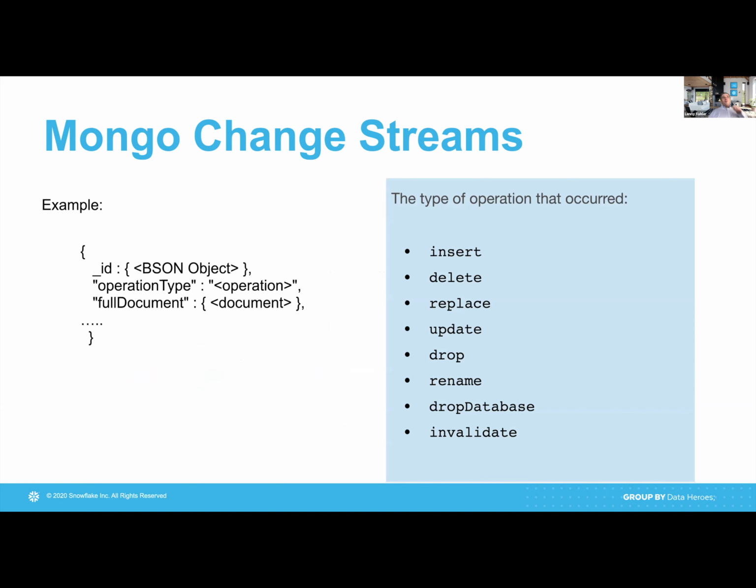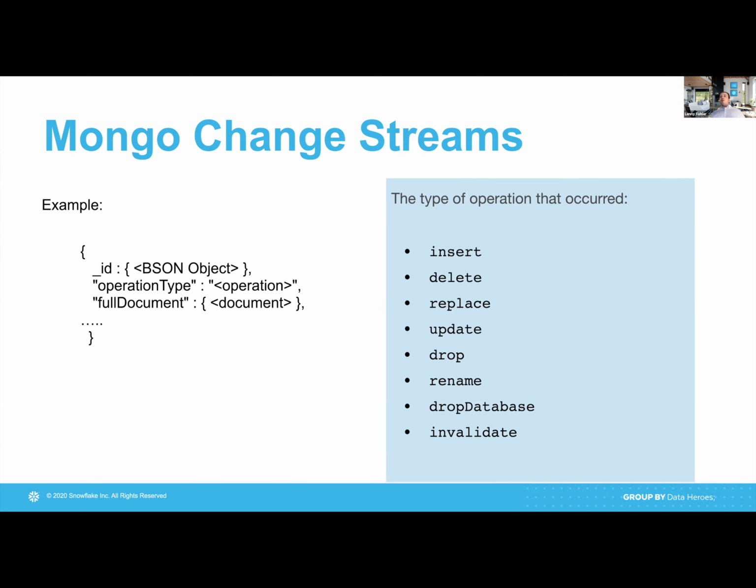So moving on, what exactly does a change stream look like? A change stream, again, is a JSON document, and Mongo operates in this paradigm called BSON, which for the simplicity of this presentation, let's just think of as a JSON object. And it has a few parameters, but I want us to focus on the 3 parameters that are of most importance to this architecture. First, it's the ID of the change. And we want to capture that ID to make sure we identify that that is indeed the change that we processed in every step of our pipeline.